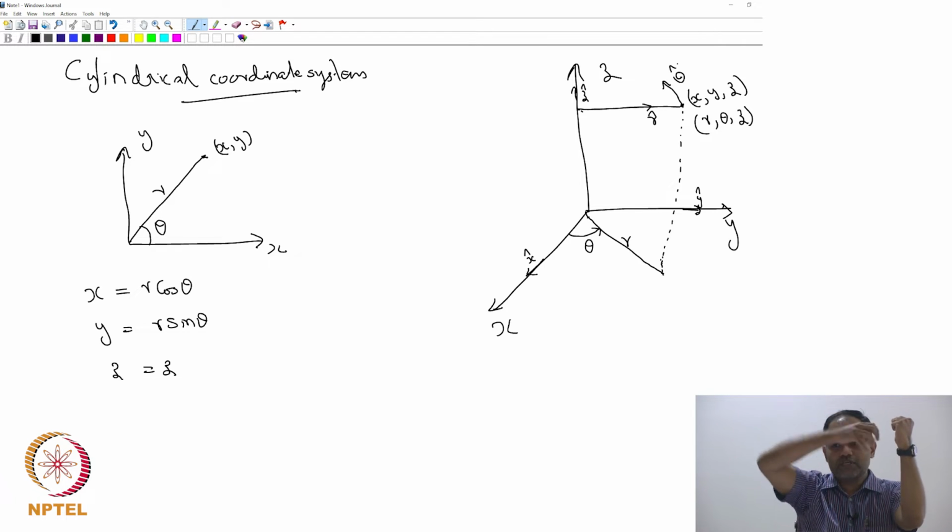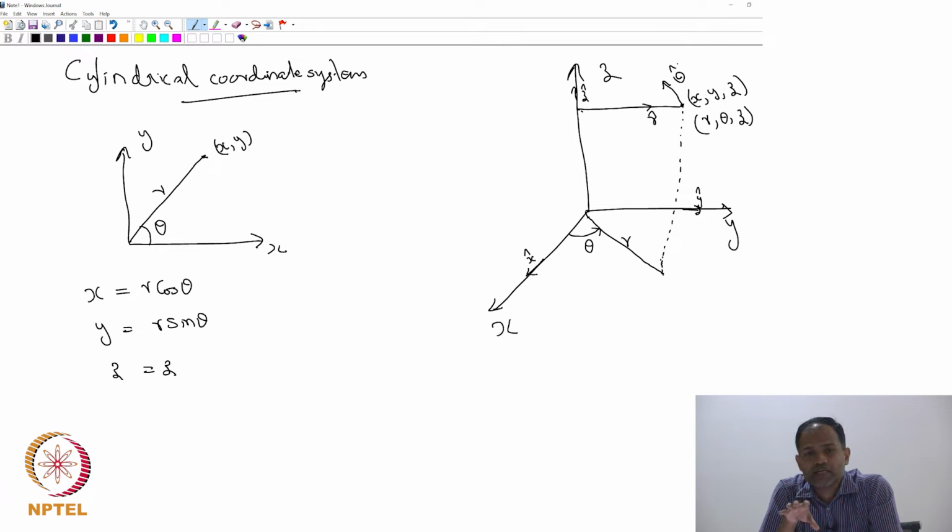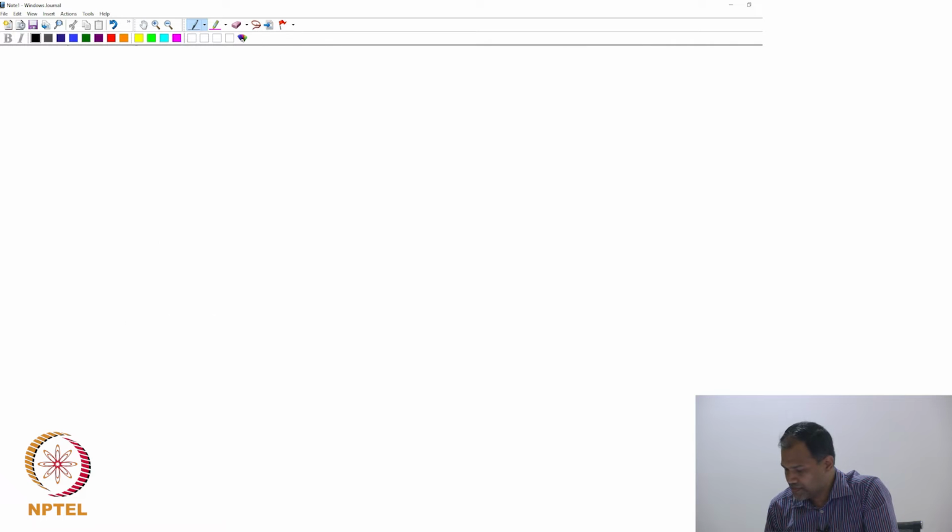Okay, so r cap is the unit vector that's coming out of z, theta cap is going to tell you how things are going to change this way, and z cap of course will remain as usual along the z axis. So those are the unit vectors in the cylindrical coordinate system. Now what we are going to do is connect these unit vectors in cylindrical coordinates with unit vectors in Cartesian coordinates. That's going to give us useful relations.